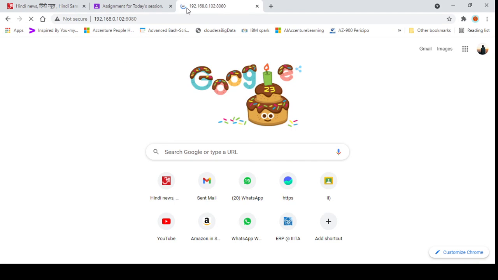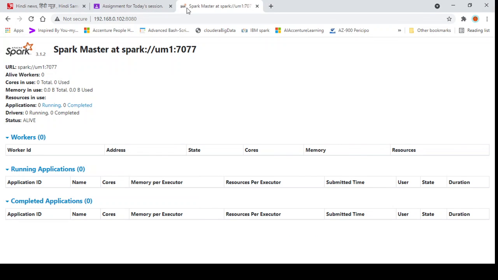If you configured it in the Spark environment.sh file, then whatever you configure will be your port number. But if you haven't configured anything there, then the port number is 8080. So this is the URL that we are going to use for all the Spark related programs that we submit, and they will run on this master. So this is the master URL.